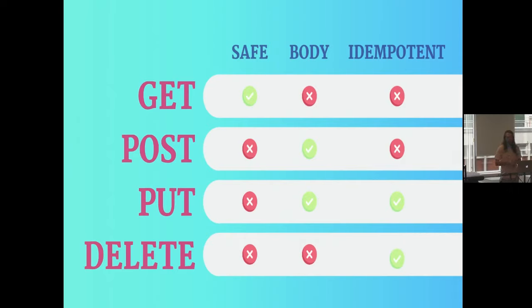So that's why I'm saying with some of these things, like whether or not GET and DELETE have a body, whether or not it's optional, it's mostly in practice that we just don't do it, that we don't tend to send data in the body. In terms of GET requests, the difference between idempotence and safety, I don't necessarily consider GET to be idempotent because it does not change anything the first time, or the second time, or the third time.